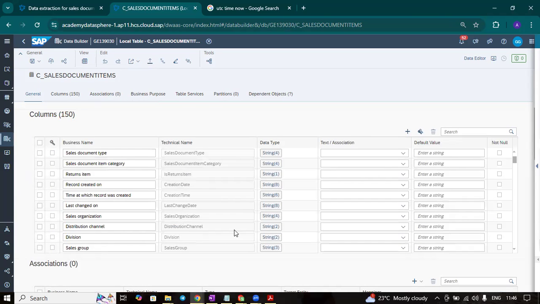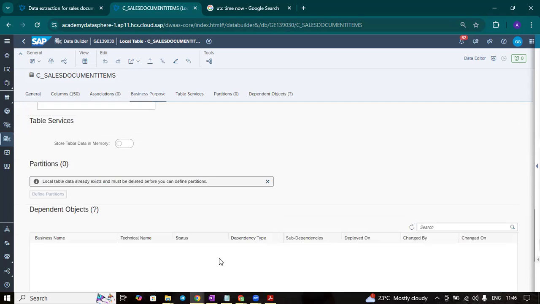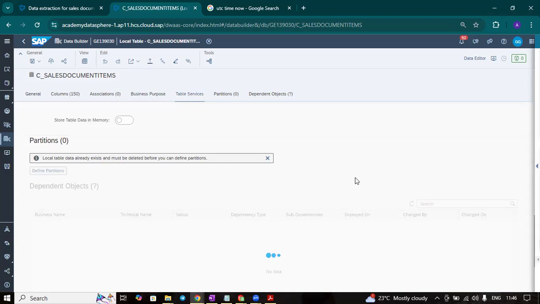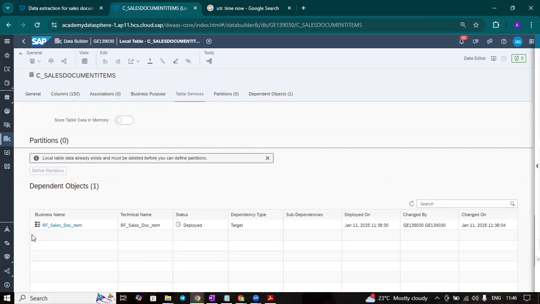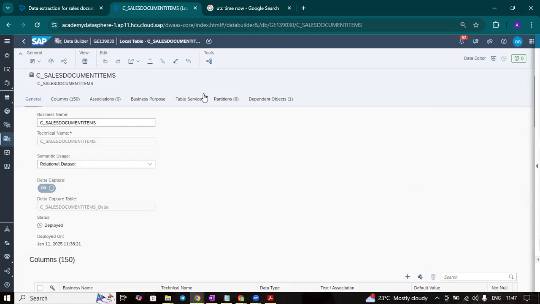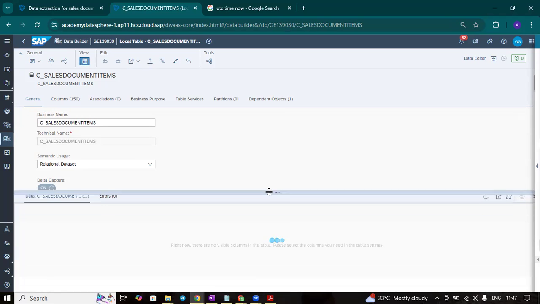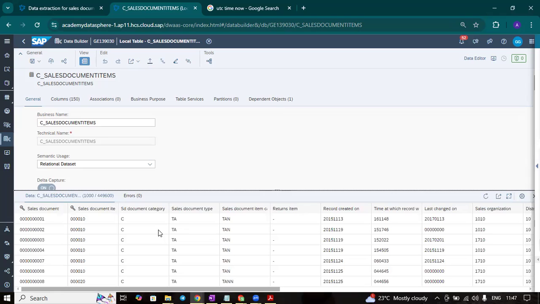And if you come down, yeah, here you can see dependent objects. This is the replication flow by using which this table got replicated. Now let's see whether the data is available or not. If the initialization is successful, it should have these 449,000 records. You can see here